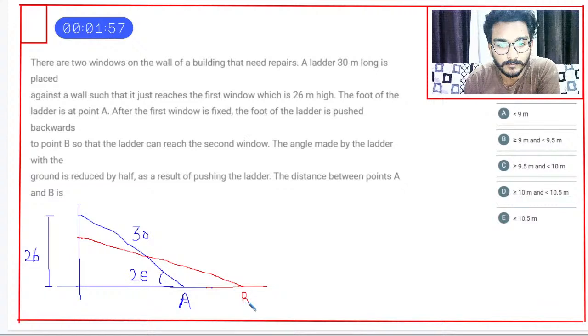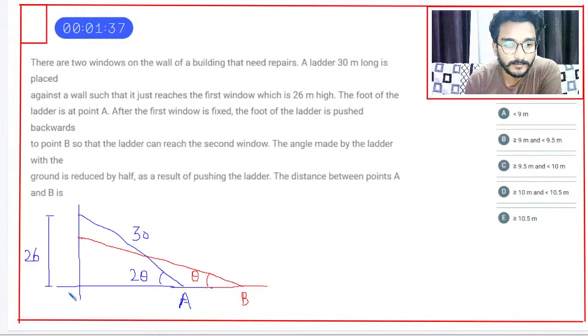नाउ इन द सेकंड पिक्चर, ये लेडर को हमने कुछ पीछे कर दिया, और ये एंगल अब थीटा हो गया, जहाँ पे लेडर का लेंथ तो अभी भी 30 रहेगा। हमें बस ये पूछा है कि ए और बी का गैप कितना आया, दिस इज वी हैव टू फाइंड। तो एंगल आधा हो चुका है यहाँ पे, चलिए करते हैं स्टार्ट।